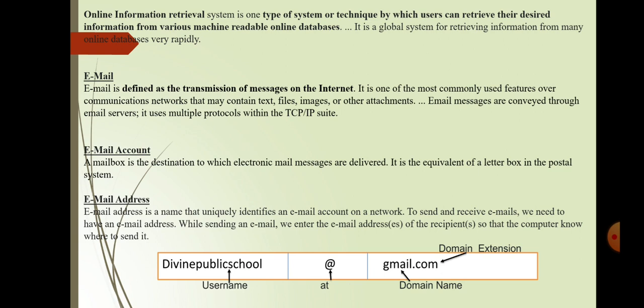Dear students, as you already know, whenever we are using the internet, we access any information whenever we require. For retrieving information, one application is needed, that is the web browser.